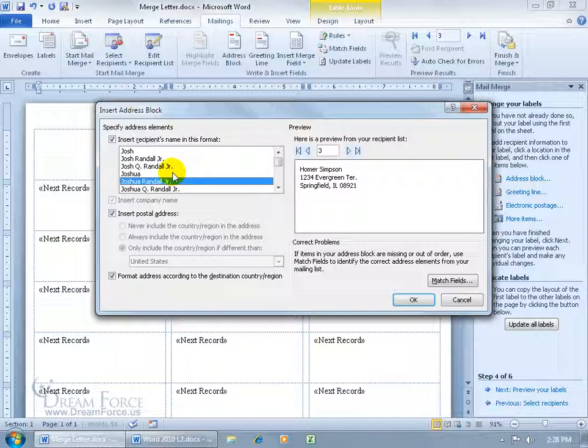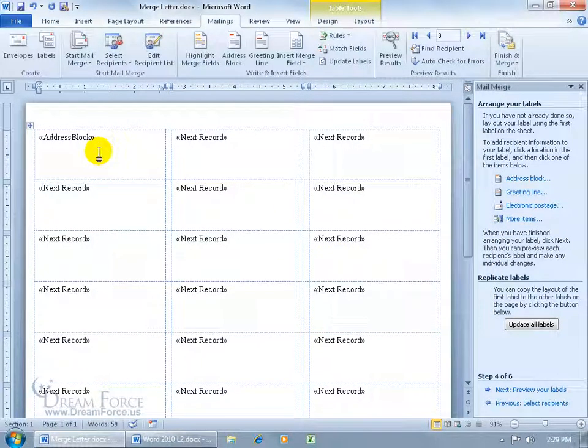All you have to do is come over here and choose the format if you want a junior, or you don't want their titles here, but just maybe their first name. In any case, I do want their first and last name. You can see it over in the preview, Homer Simpson, street address, city, state, and zip code. Click Okie dokie. It adds the merge field here, but it doesn't add them in all the other fields, and